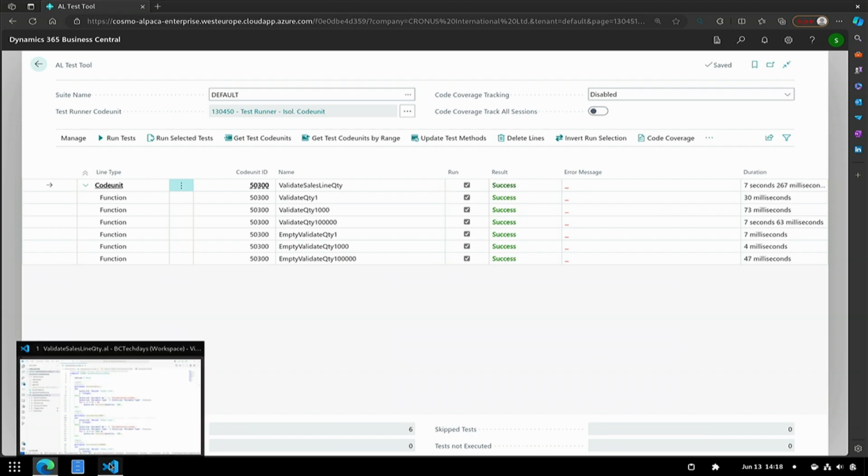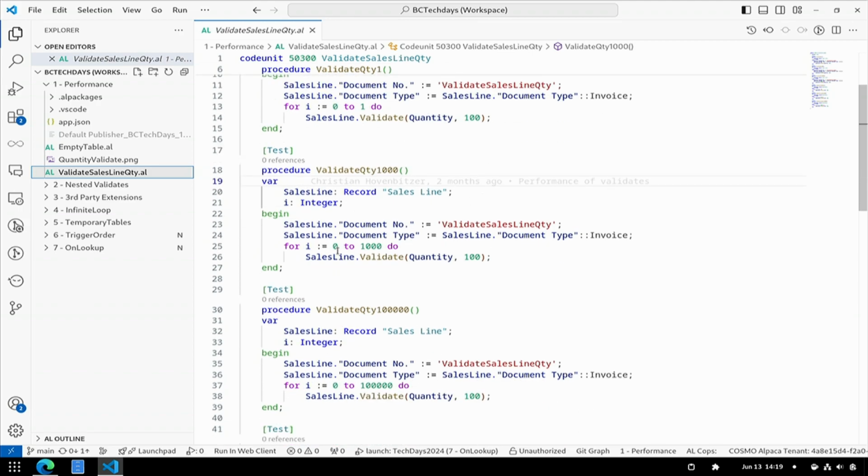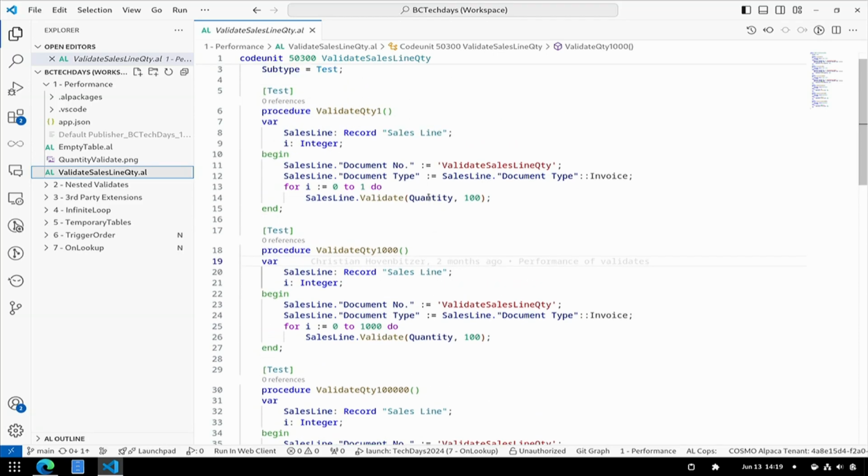We can take a look at the code: the only thing we do here is call a validate on the quantity with a static value. Just to emphasize, this is a quantity validation on the sales line. There is nothing turned off or anything. There might be code paths that are not hit because of the scenario, but this is not an empty validate.